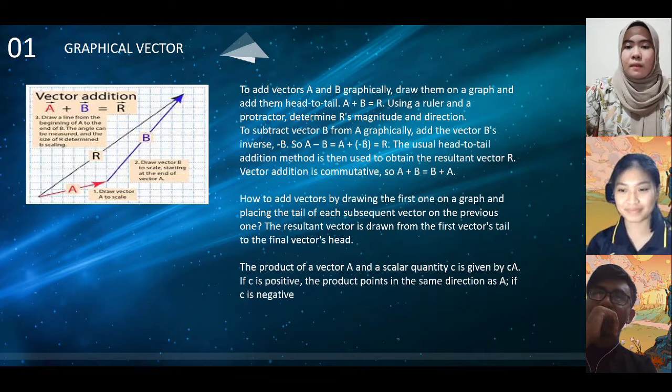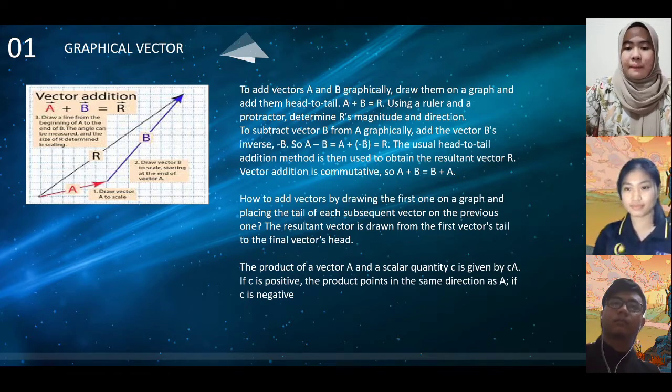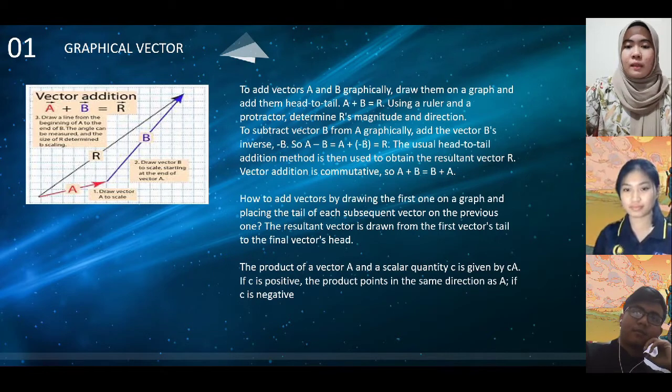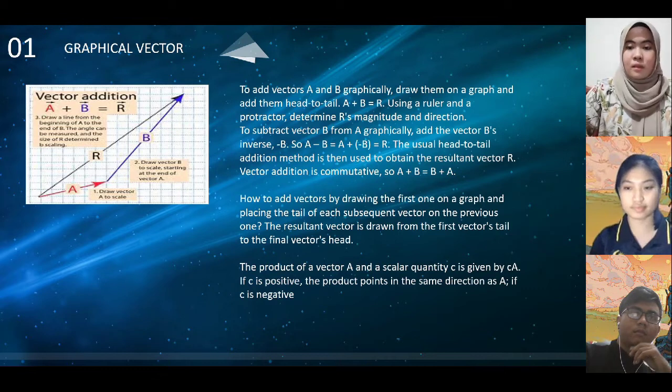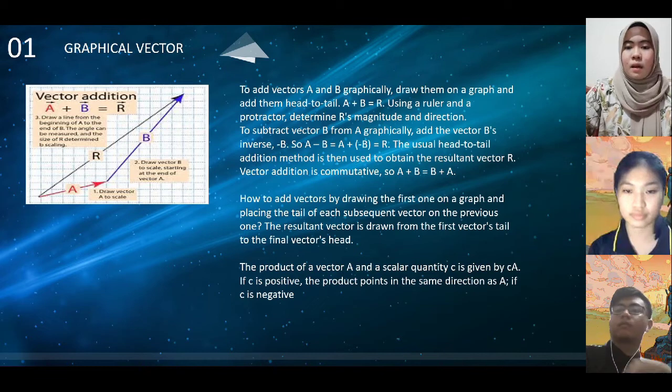Vector addition is commutative, so A plus B equals B plus A. To add vectors, draw the first one on a graph and place the tail of each subsequent vector on the head of the previous one. The result vector is drawn from the first vector's tail to the final vector's head. The product of a vector A and a scalar quantity C is given by CA. If C is positive, the product points in the same direction as A. If C is negative,